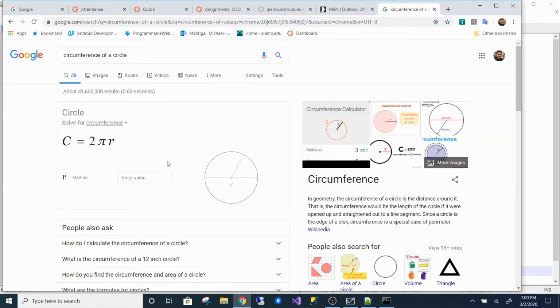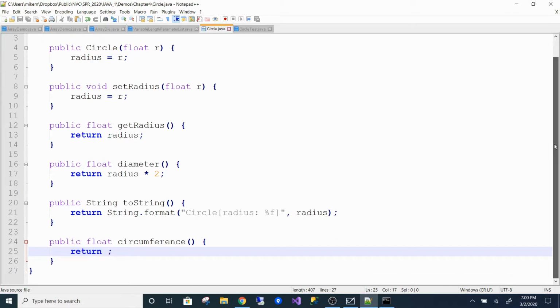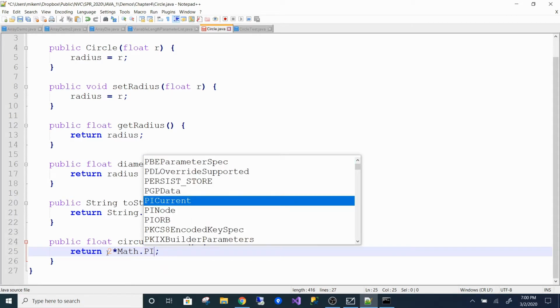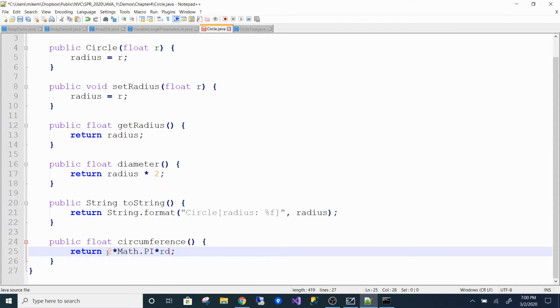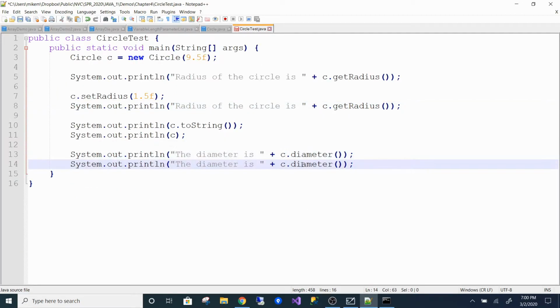All right, and it's 2 times pi times r. Pretty simple equation, okay? So where I have my circumference in my return, I'm going to take 2 times pi, the math class has a pi, math.pi, and then times radius. All right, so now what I'm going to do is copy what I did here, slap it there, and just call the method